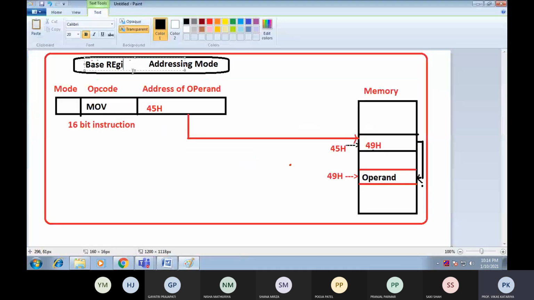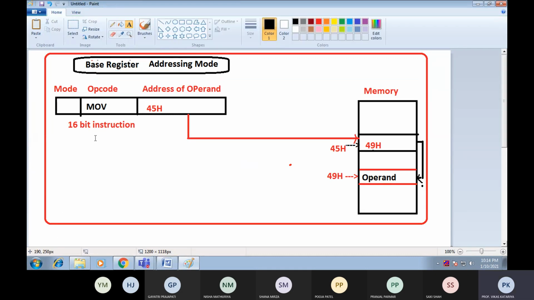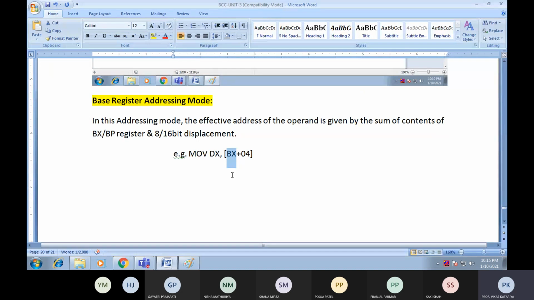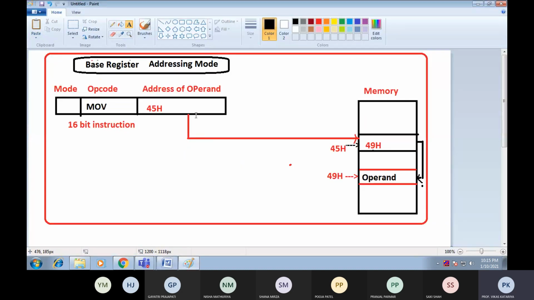So here base register addressing mode. That means in the instruction we have given the base address register location. Let's suppose this one is 45H. In this case, we have given the BX. So in the address of operand location, we have given the name of the register. So let's suppose this is the name of the register BX,